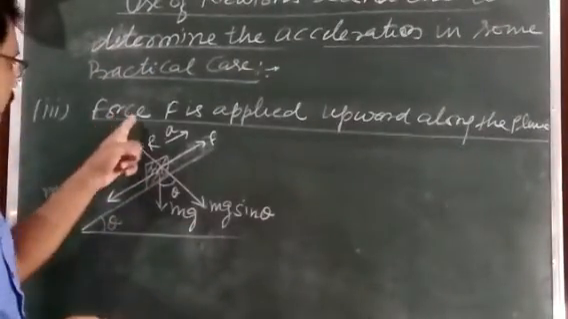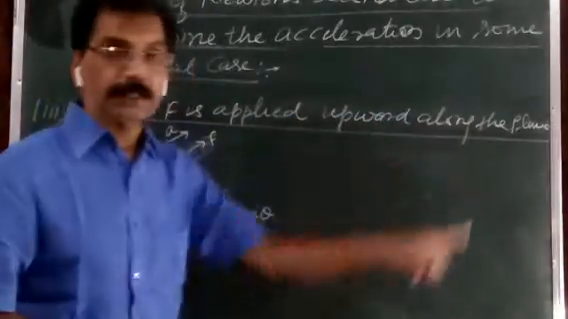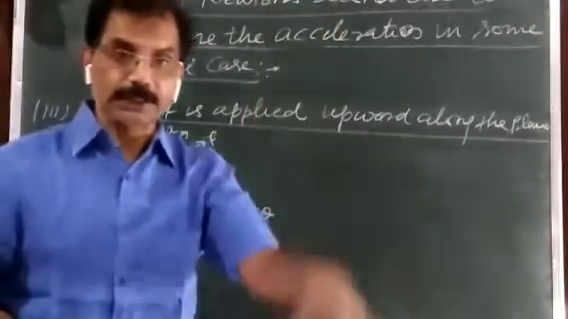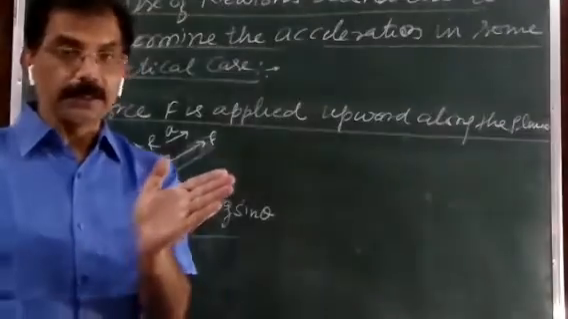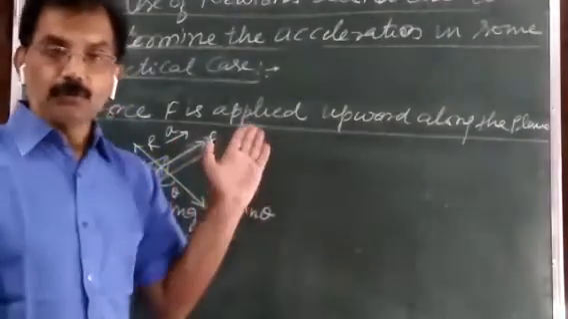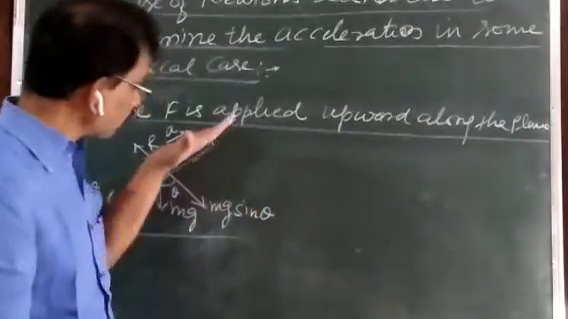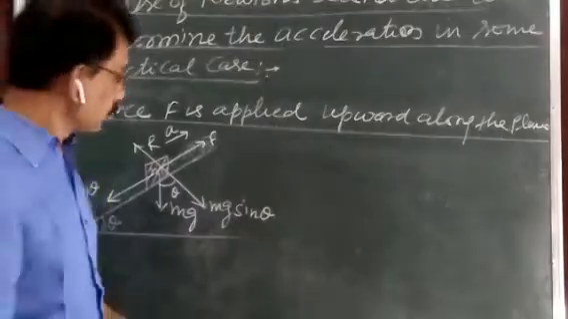नाउ थर्ड केस आई एम टेकिंग, फोर्स F is applied upward along the inclined plane। इसके पहले वाले केस में हमने इंक्लाइंड प्लेन पे बस ऑब्जेक्ट को रख दिया था और ऑब्जेक्ट स्लाइड कर रही थी विद द एक्सीलरेशन, लेकिन अब हम क्या कर रहे हैं, उस ब्लॉक को F फोर्स लगा के अलोंग इंक्लाइंड प्लेन ऊपर की तरफ खींच रहे हैं।